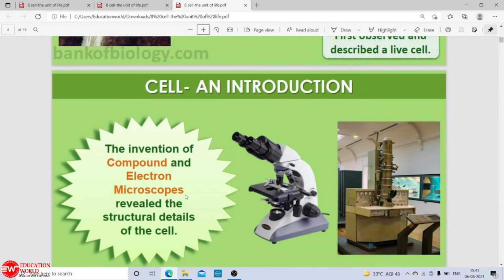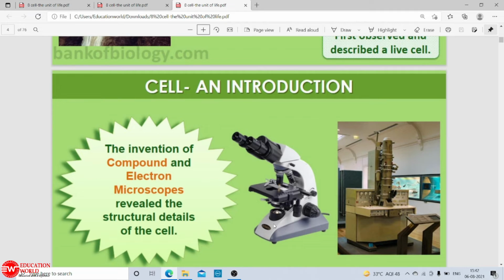And now in the current era, we have sophisticated instrumentation which helps us to have a deep insight into the cell composition, cell structure and cell function. The two commonly employed instruments in this regard are, one, the compound microscope and, second, the electron microscope. The compound microscope is also known as a light microscope. It is also referred to as the student microscope, and this is the most commonly employed microscope in the